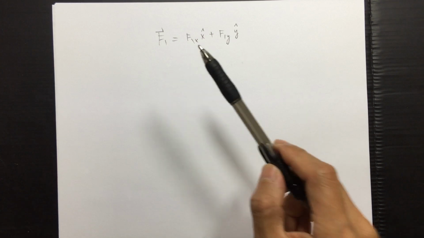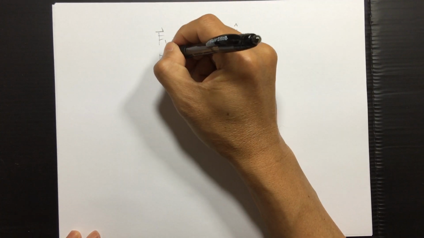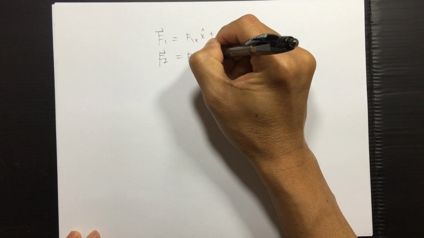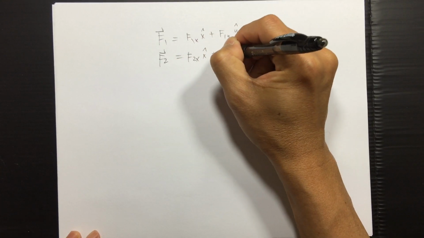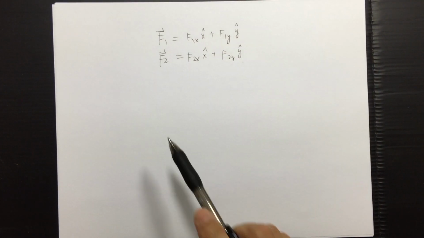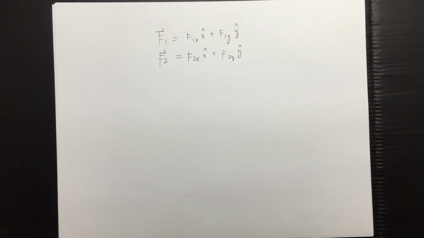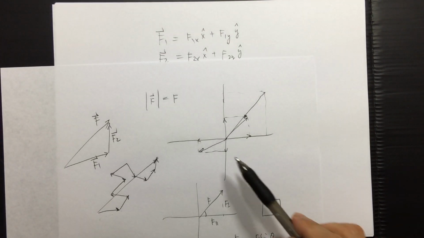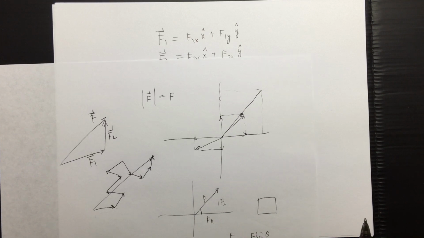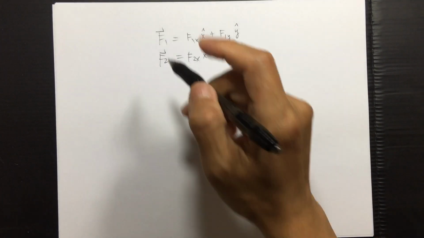Okay, let's say F2 equals F2x x-hat plus F2y y-hat. You can split up F2 this way also. This is just what we said just now: you separate them into x component and y component. Okay. F1 plus F2